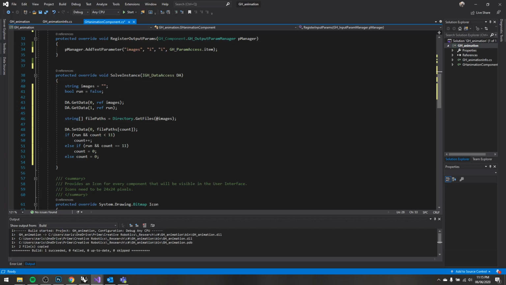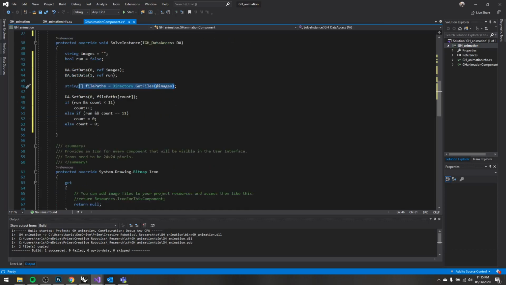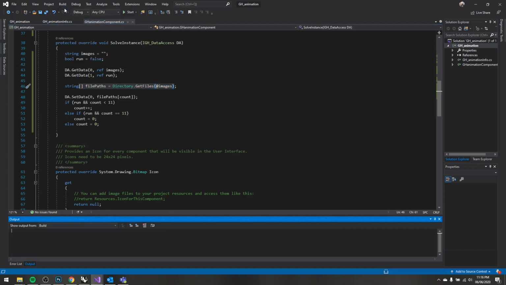So we get the folder in, we look in that directory to get all the images and add them onto our images string, our string list, and then simply we loop over to go. So if we build,